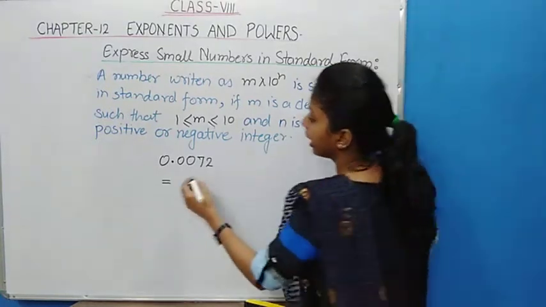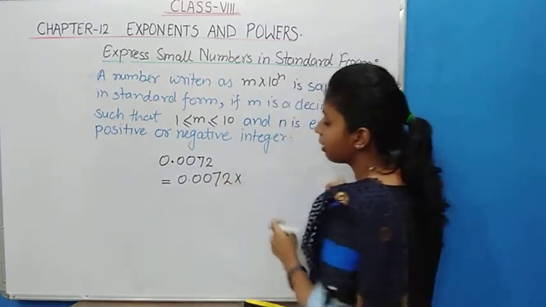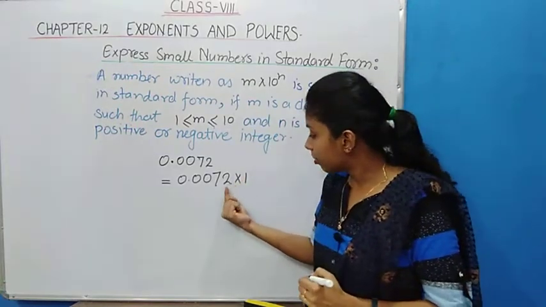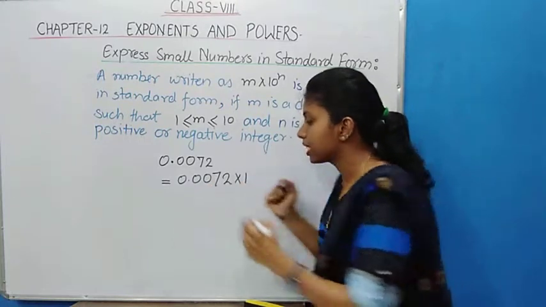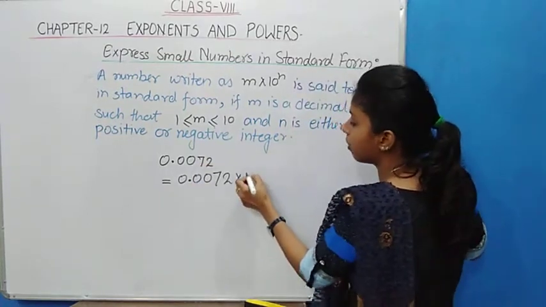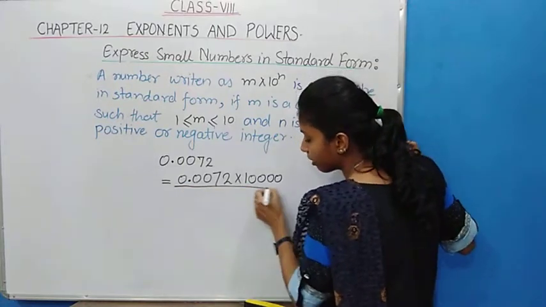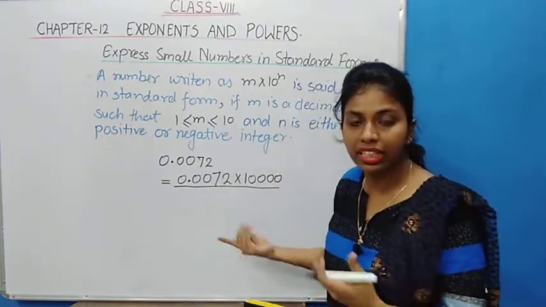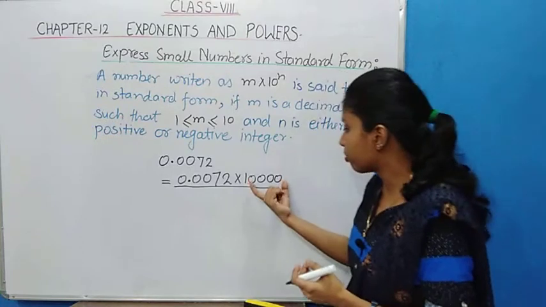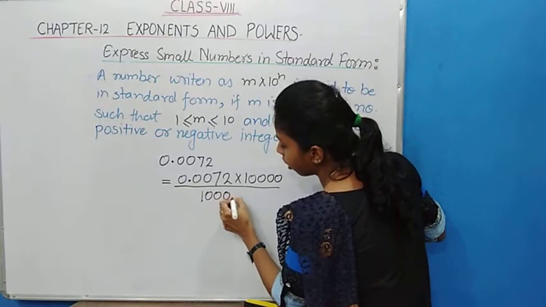To convert any decimal number into the form of fraction, we know what we are going to do: we are going to multiply the number with 0s. How many 0s? The number of digits after the decimal. So here we have after the decimal 1 2 3 4. So we are going to multiply 1 with four 0s. And of course we know that if we multiply with any number, we have to divide with the same number also. So here we multiply with 10,000, so of course we have to divide with 10,000 also.